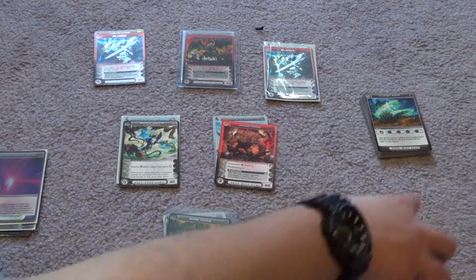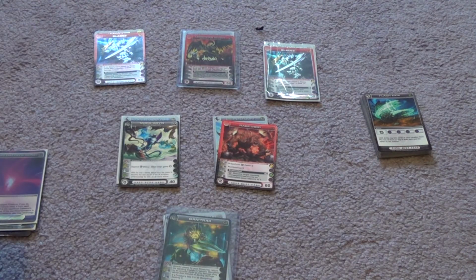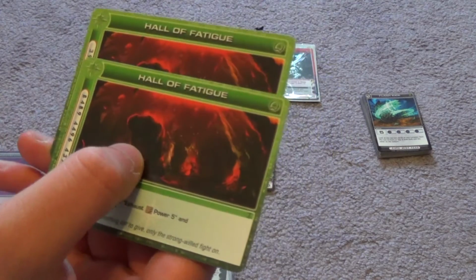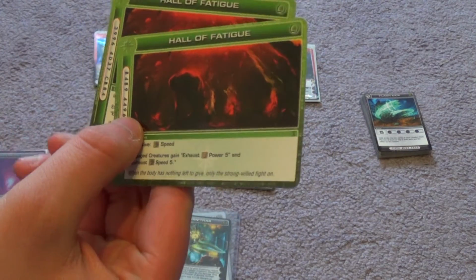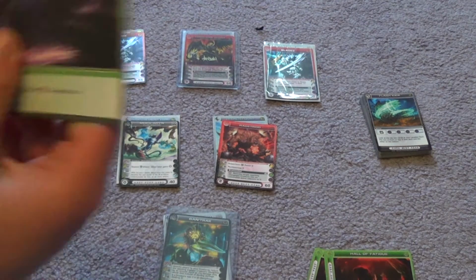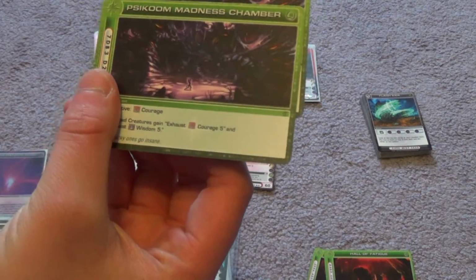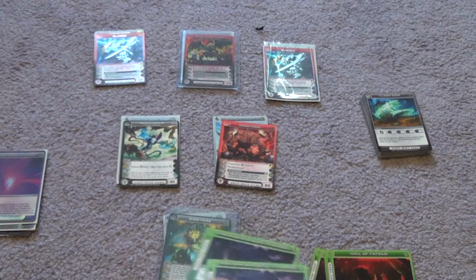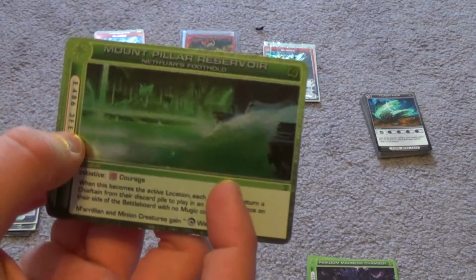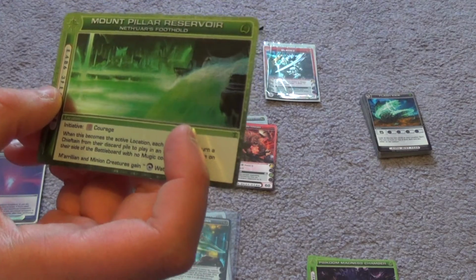Now let's go into the locations. This is the area of the deck that I actually felt most proud of. So we have 2 Halls of Fatigue, Initiative Speed, creatures gain Exhaust Power and Speed 5. 2 Pazoka Madness Chambers, Initiative Courage, creatures gain Exhaust, Courage, and Wisdom 5. Mount Pillar Reservoir,